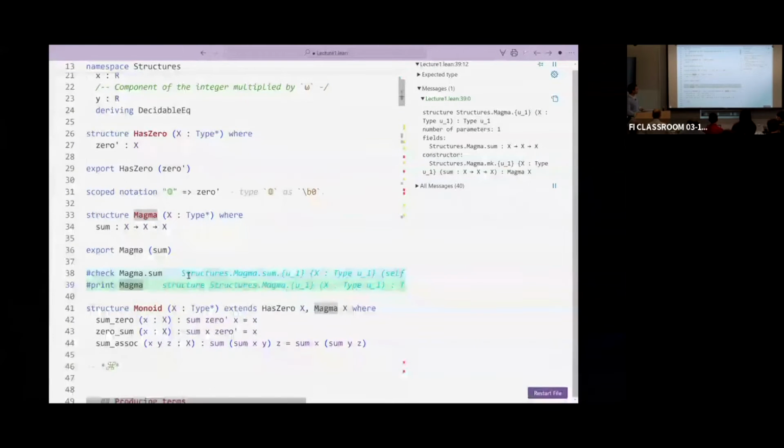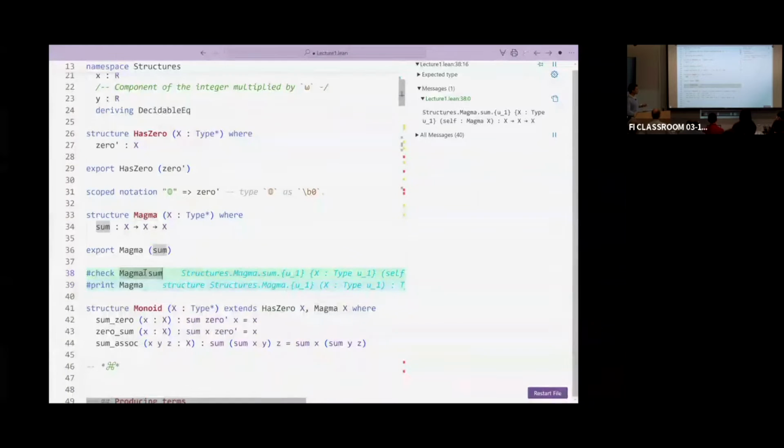So magma.sum, for instance, what is it? Why does it make sense? Where should it live? Is it the function, for instance, or the term on its own? Let's check, and the answer is there, of course. First of all, this already shows you that it might be a very general umbrella term that can occur in many structures.